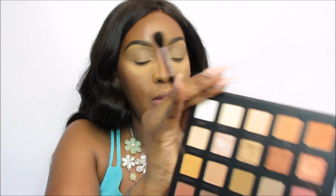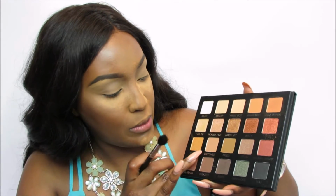Next step we're going to take is doing a transition color. This palette is very beautiful. It has several transition colors for brown skin girls. The ones that I would use for transition are Britches, Fried, Mama Bird, and Ragamuffin. I actually really love those colors for transitions, but today I'm going to use Mama Bird, and it's just a